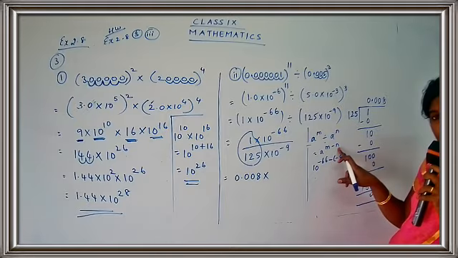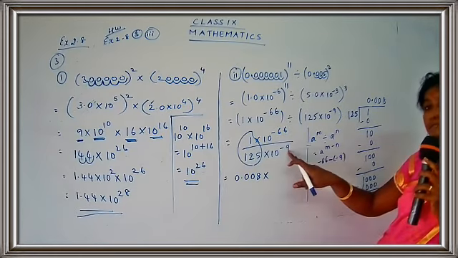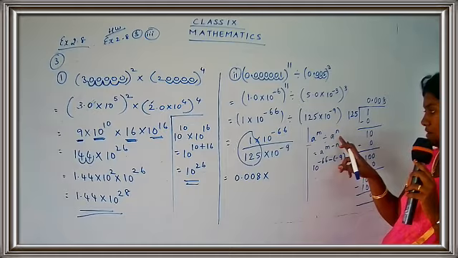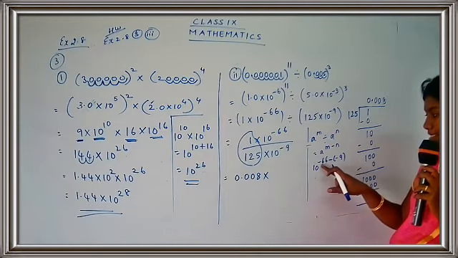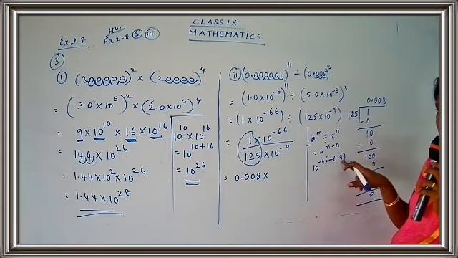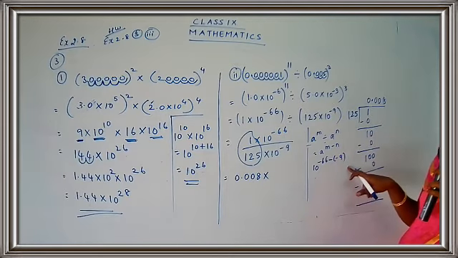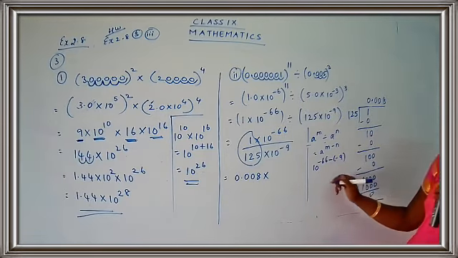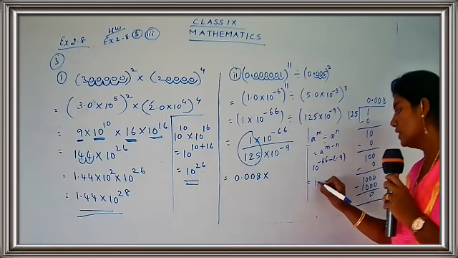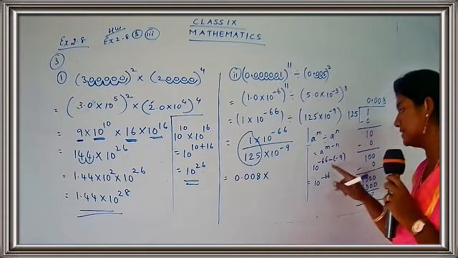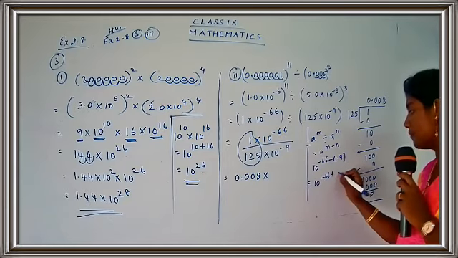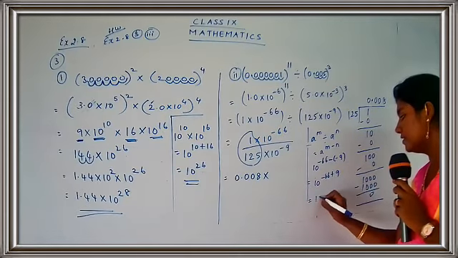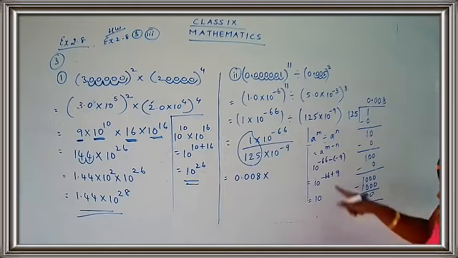Now what is the value for n? The value for n is minus 9. So I get minus 66 minus minus 9. I just want you people to take down the steps also, children. So this is equal to 10 raised to minus 66 minus minus. What is minus minus? It's plus. So minus 66 plus 9. So the answer is, just subtract this, minus plus.